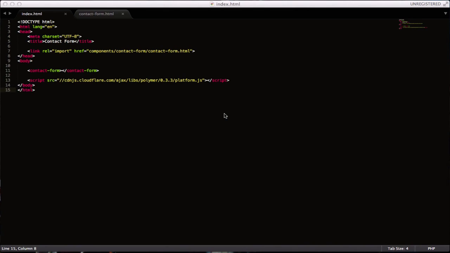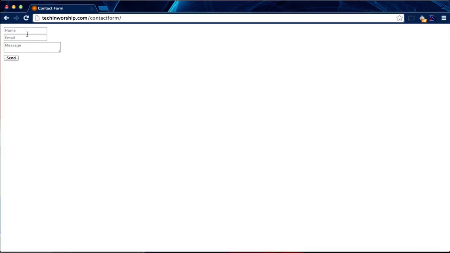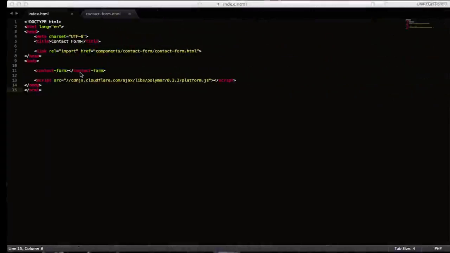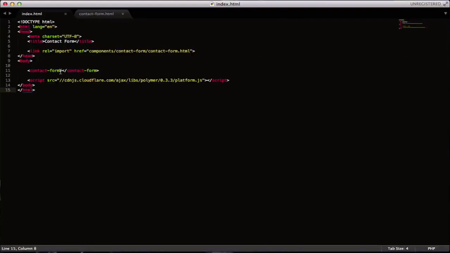Everybody, this is Matt from rhinoio.com, and today we've got our contact form element that we've created. We've successfully rendered it to our index.html file. You can see here we've got two inputs, our message text area and our send button. So now what we want to do is hook it up with Ajax so that we can send the user's